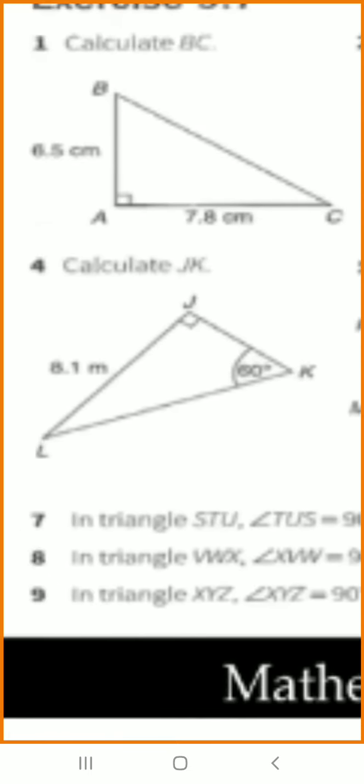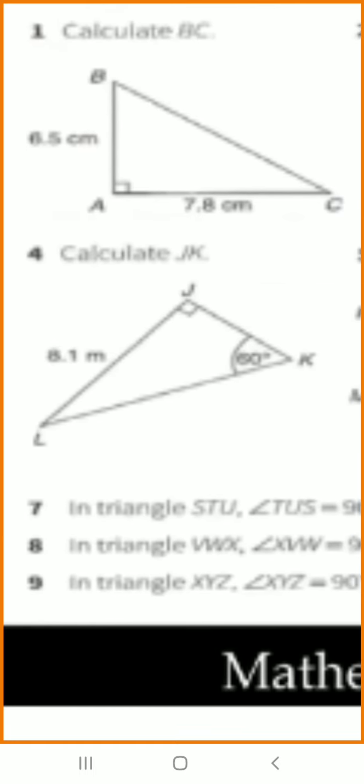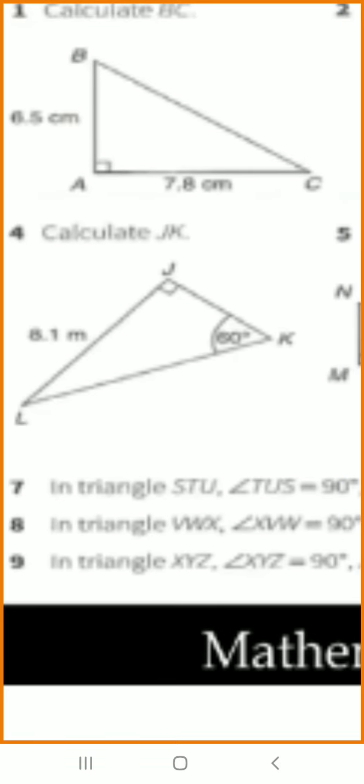So now let's move to question number 7. Now in this they have not drawn the triangle for us, but we can draw it ourselves. It says in triangle STU. Okay, first you can note down the data. In triangle STU,